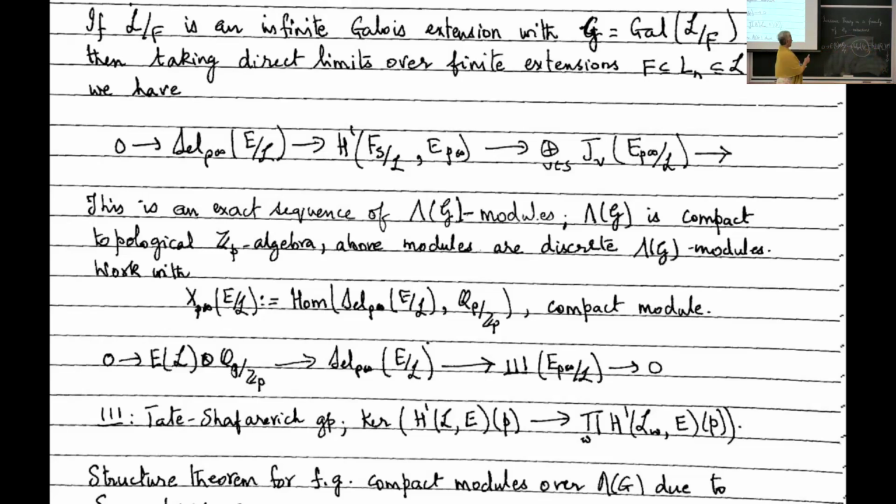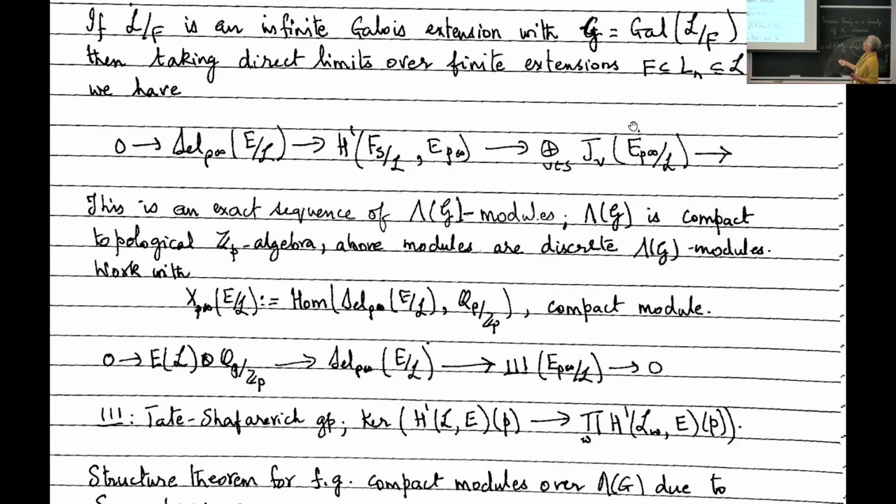But like I said, this is an exact sequence of all these are modules with an action of this Galois group. So this is really an exact sequence of Galois modules. And I can take the direct limit and then define the same analogs over an infinite extension, which is what I have said here. So if I take an infinite extension L over F with Galois group G, then I can take the direct limit over these exact sequences at the finite stages. Then I can define the Selmer group at this infinite level exactly in the same way. That's a subgroup of this H1 Galois cohomology group. And then this makes sense as well.